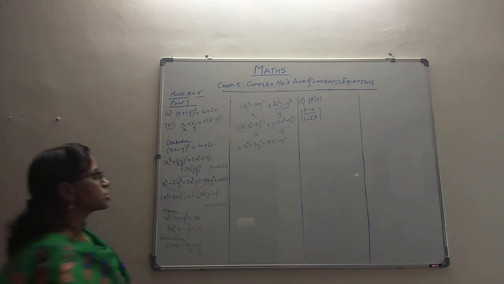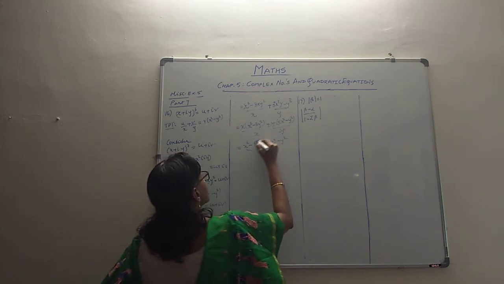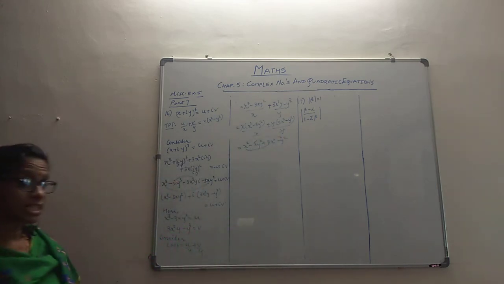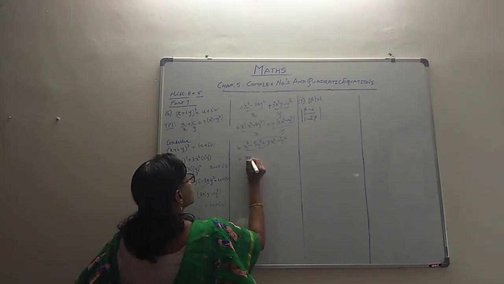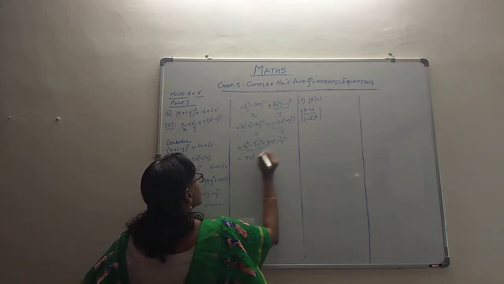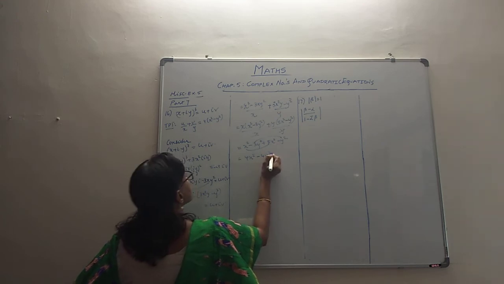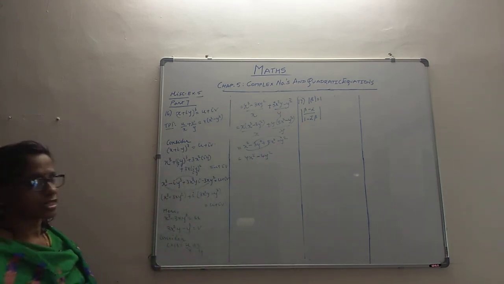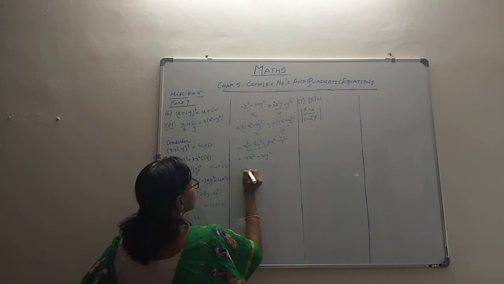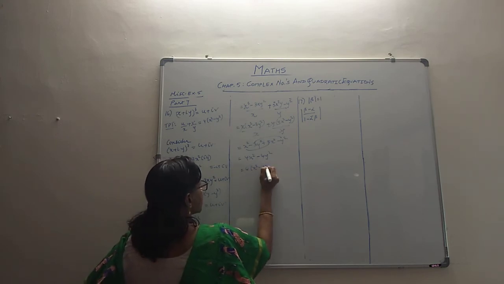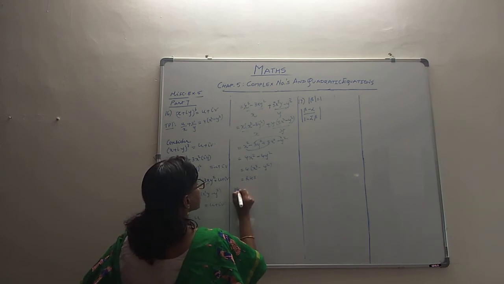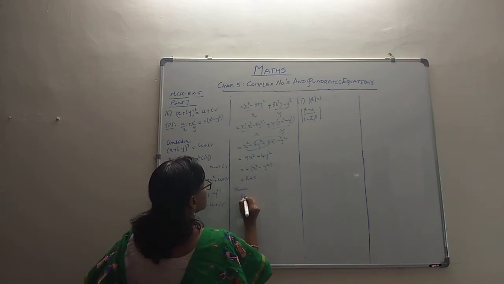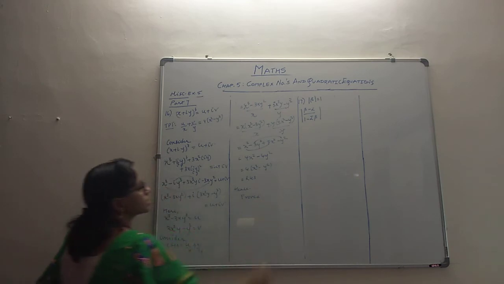Let's club the like terms together. x squared plus 3x squared is 4x squared. Minus 3y squared minus y squared is minus 4y squared. And that's exactly our RHS. So that is 4 times (x squared minus y squared), which is our RHS. Hence proved, because LHS is equal to RHS.